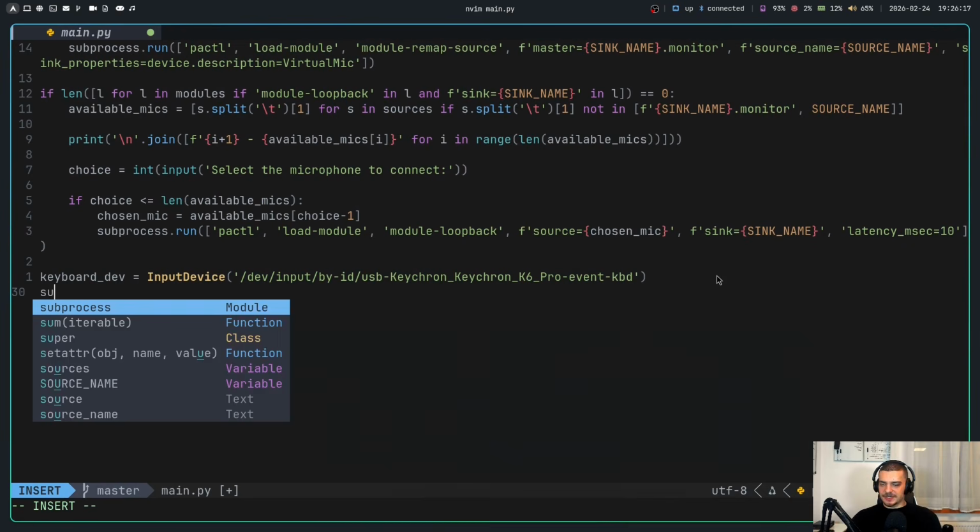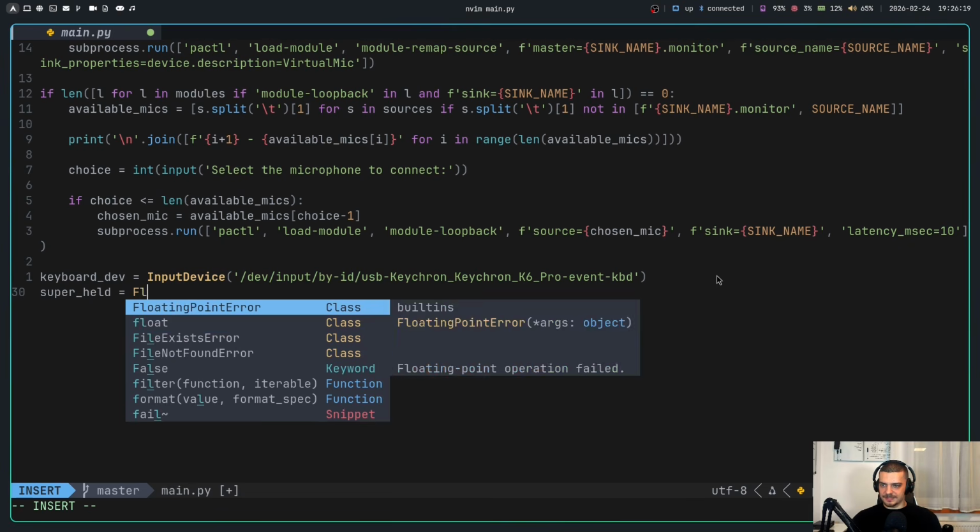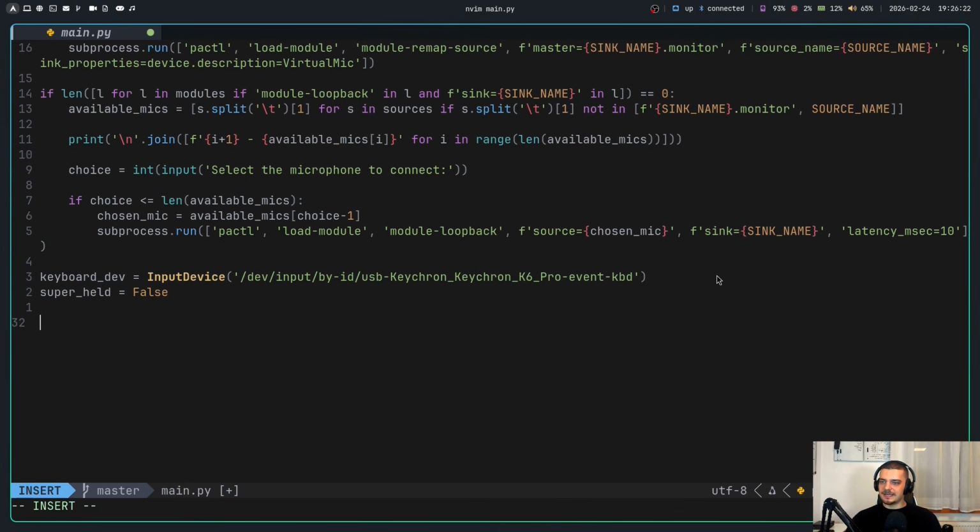Then what we can do is say super_held is going to be false by default. The idea is I want to use the keyboard shortcut super and then the opening square bracket to go back in the list of sounds, the closing square bracket to go further or next in the list of sounds, and then the apostrophe or single quotation mark to play the sound, and then maybe the semicolon to stop playing the sound. So we're going to say here for event in keyboard_device.read_loop. That is going to allow us to get the events here. If the event type is equal to